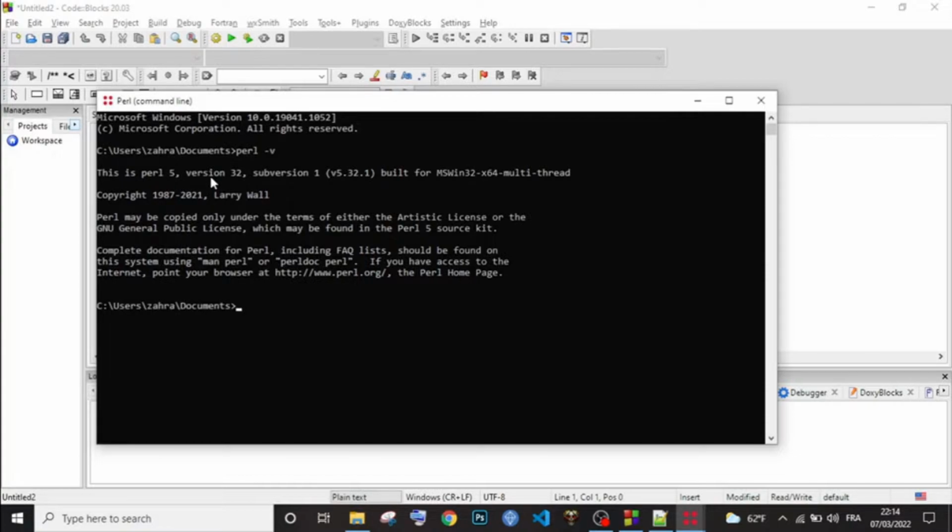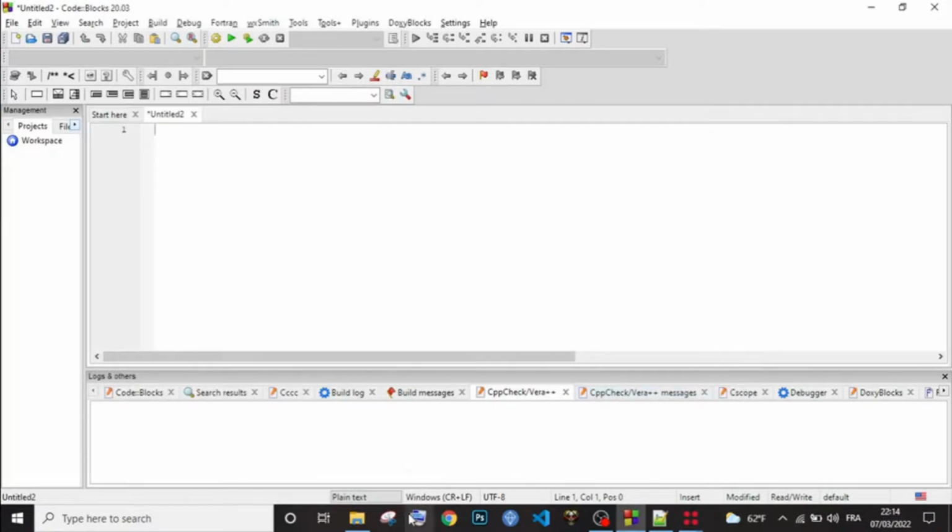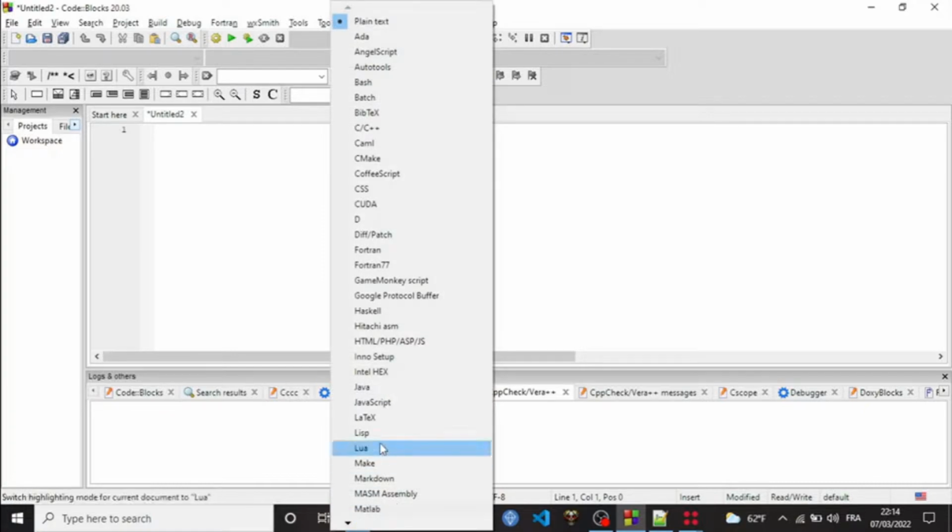Now, when it comes to text editors, there are surprisingly very few text editors that could understand Perl syntax. One that we found is Code Blocks, as you can see here, which is a free software, and it contains pretty much any programming language you wish to use.